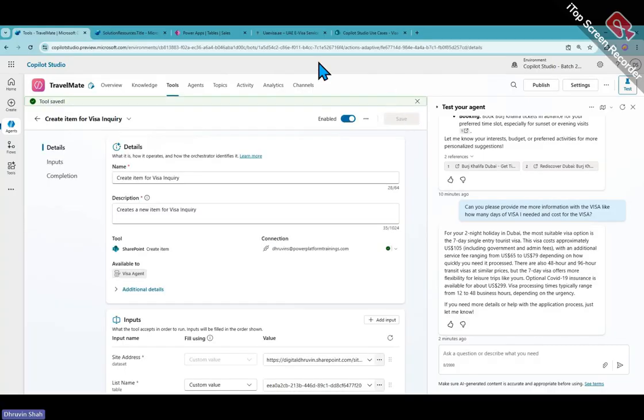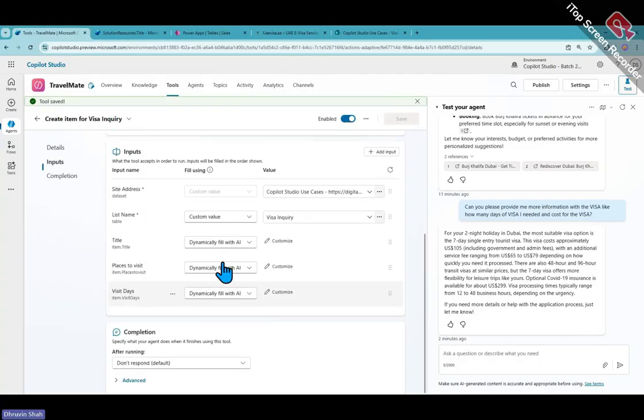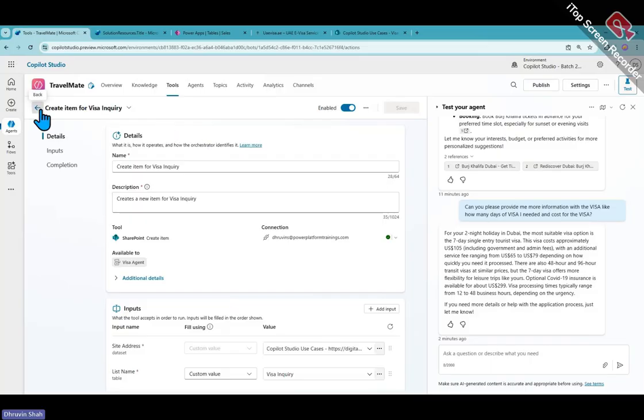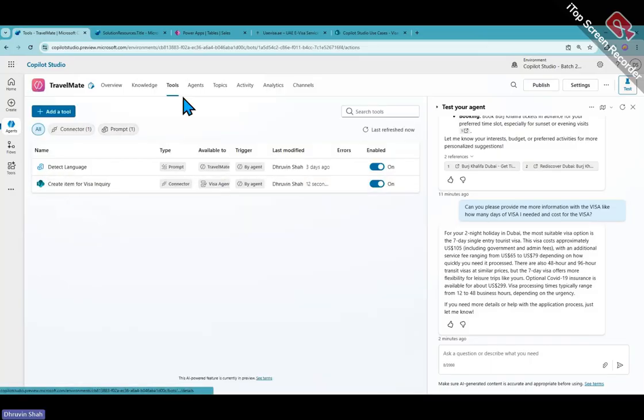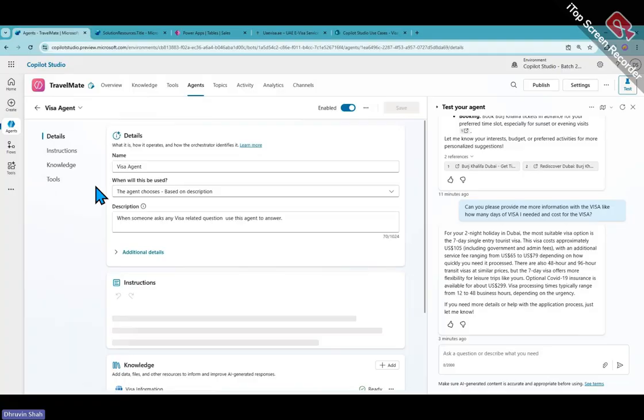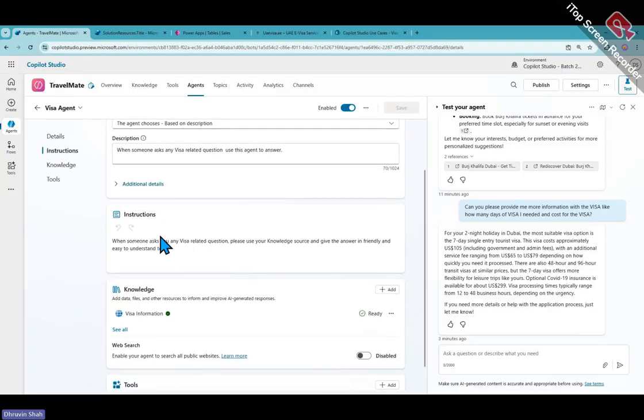Okay, so it just created, and again it will pick up the information from the AI directly, so no issues on that part. And now I'll just update my instructions here. So let's go back, and this is where my tool looks like. Go to the agent. This is your visa agent, and inside that you have this instruction, right? So just update the instruction: when someone asks you a visa related question, please use your knowledge source and give the answer in a friendly and understandable tone. Also, in the background,